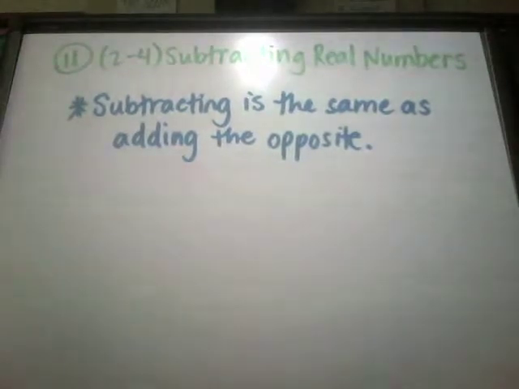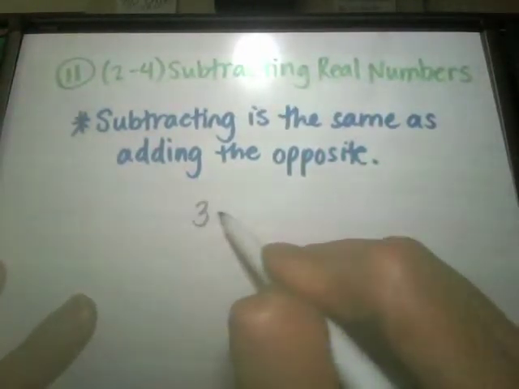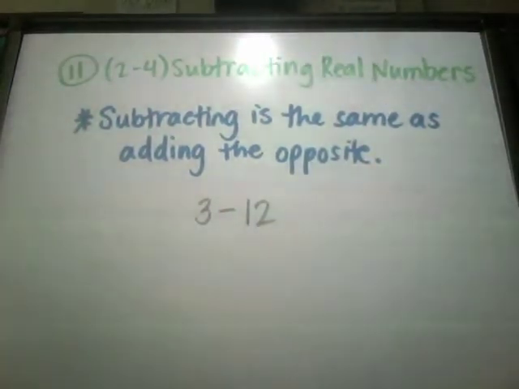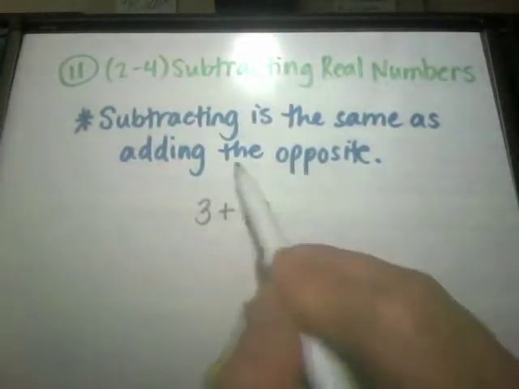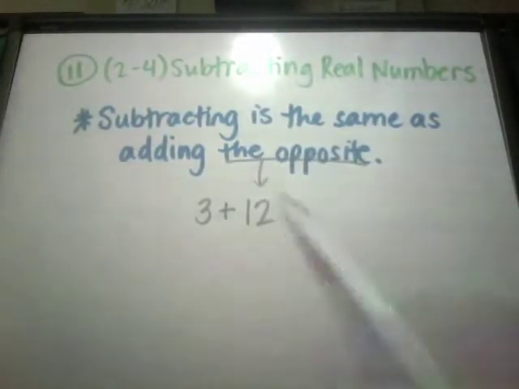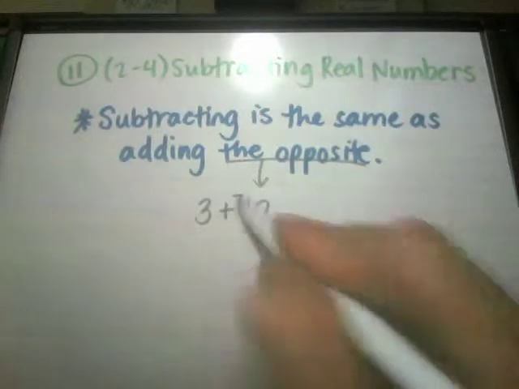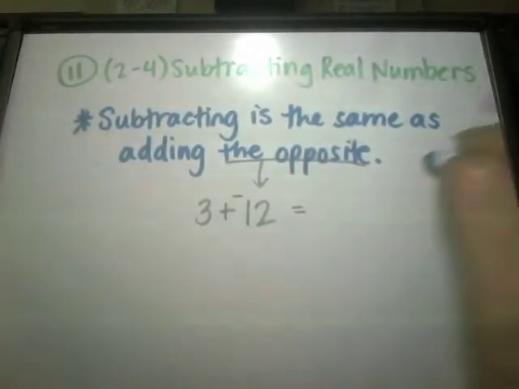So think about that. What you're going to do is take any subtraction problem. We're going to change the subtraction to addition, and we change only the second number. When I say the opposite, we're always talking about what we are adding, and that is always the second number. So if this is positive, I turn it into its opposite, which is negative. Now, the second rule